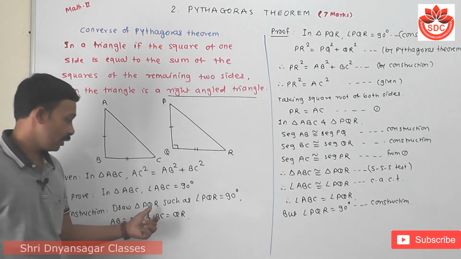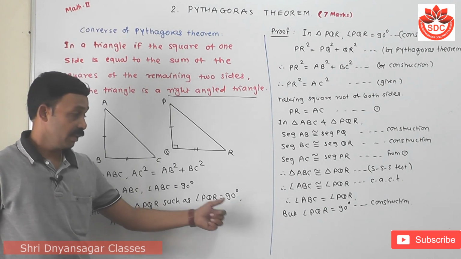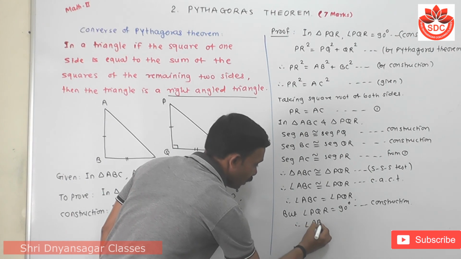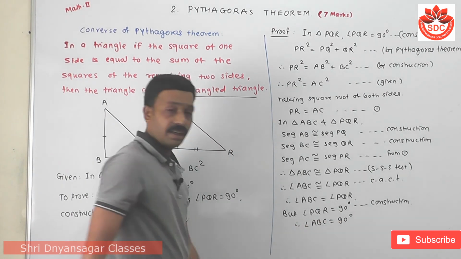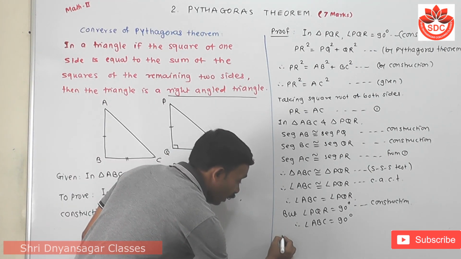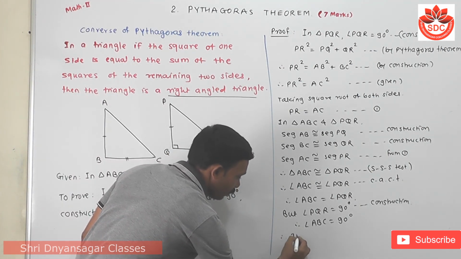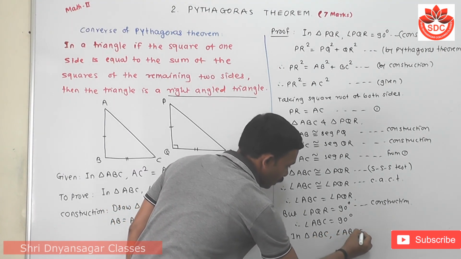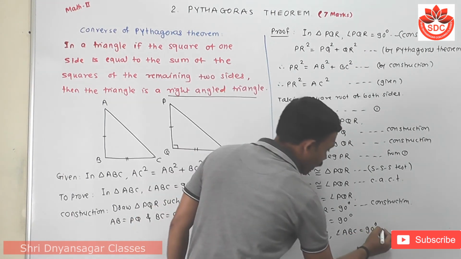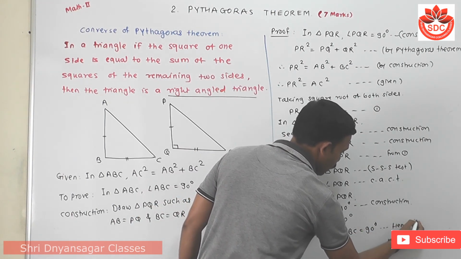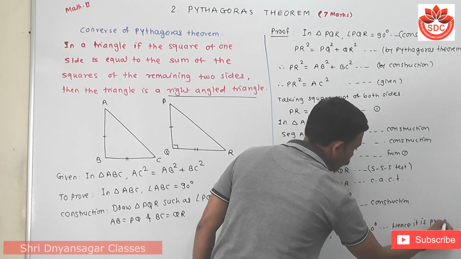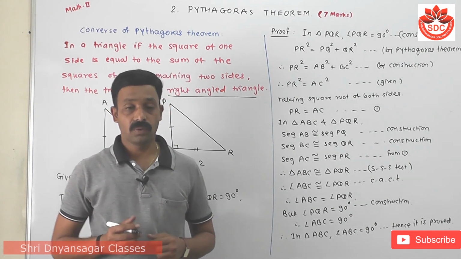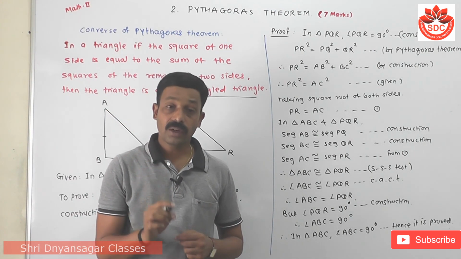Since PQR and ABC are equal, angle ABC is equal to 90 degrees. Therefore, in triangle ABC, angle ABC is equal to 90 degrees, and hence it is true. Student, this is our converse of Pythagoras theorem. Today we discussed the Pythagoras theorem and its